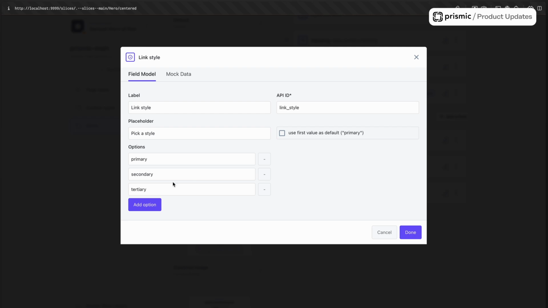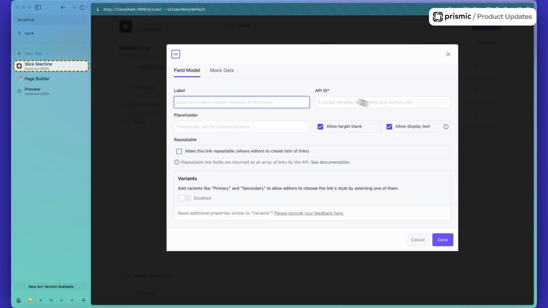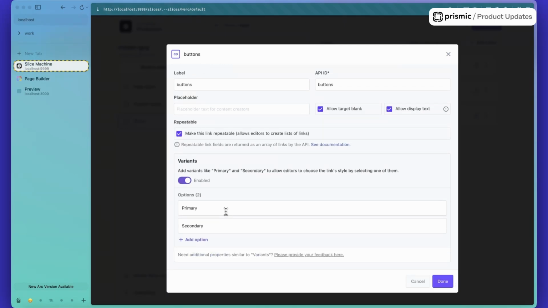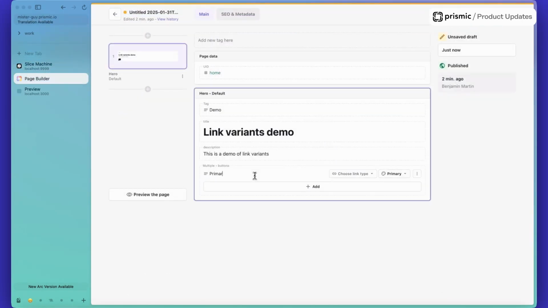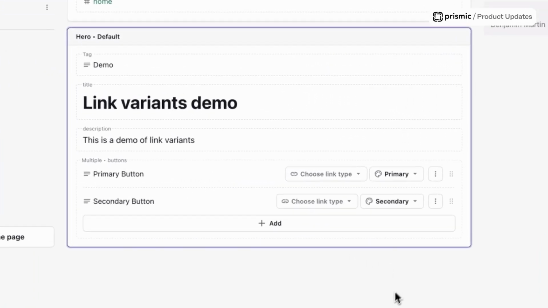Now, instead of doing all of that with these 3 fields, if I add a link field now, you see that there's the option to add variants. And what this will do is it will immediately create the primary and secondary for you. And then basically the way that that would work within the page builder is in your link field, you add your link, and then on the right hand side in the little drop down, you'll see the option to select either the primary, the secondary, or the tertiary.